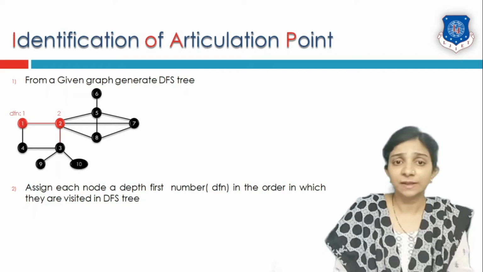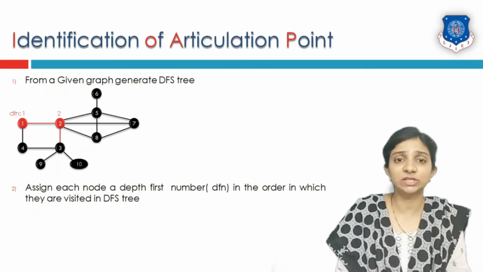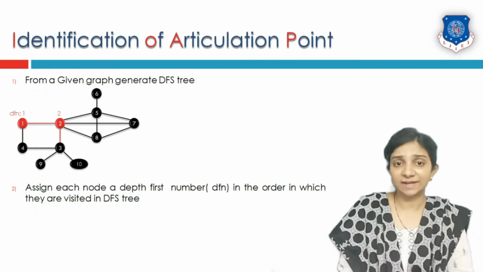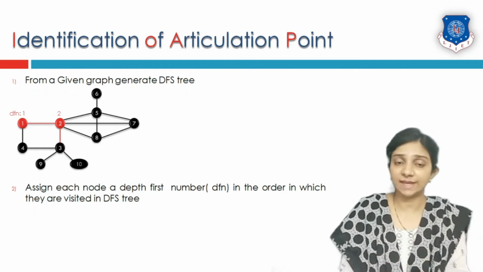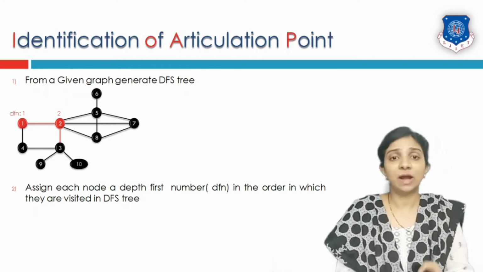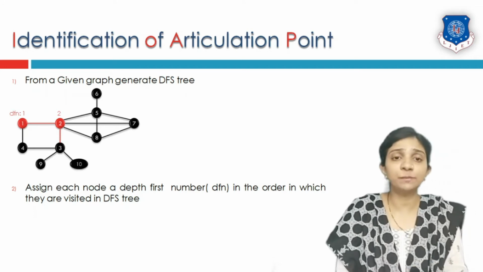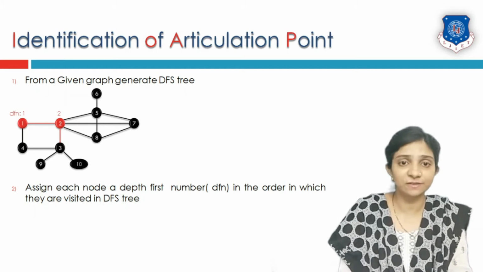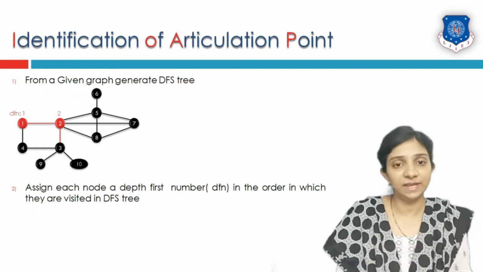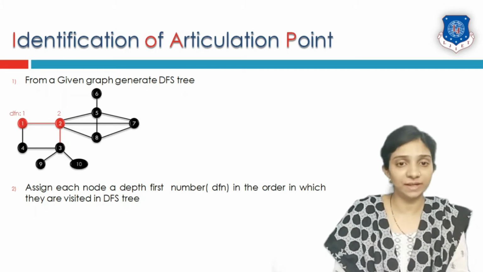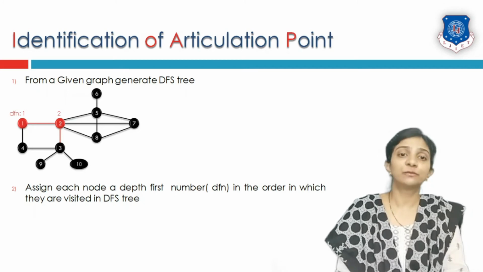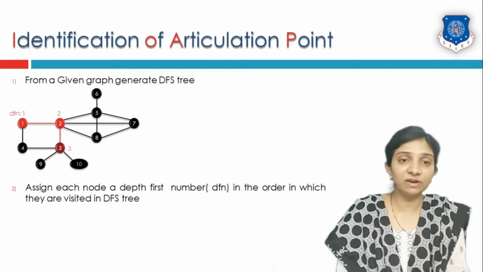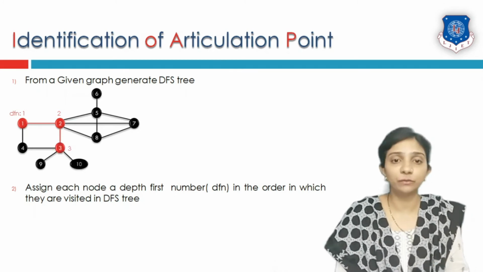Now vertex number 2 has adjacents 1, 5, 8 and 3. But out of all these, vertex number 1 is already visited, so we cannot go back and visit the same vertex. Out of 5, 8 and 3, I am first choosing the third vertex to get visited. So vertex number 3 is the third vertex which I am going to visit.